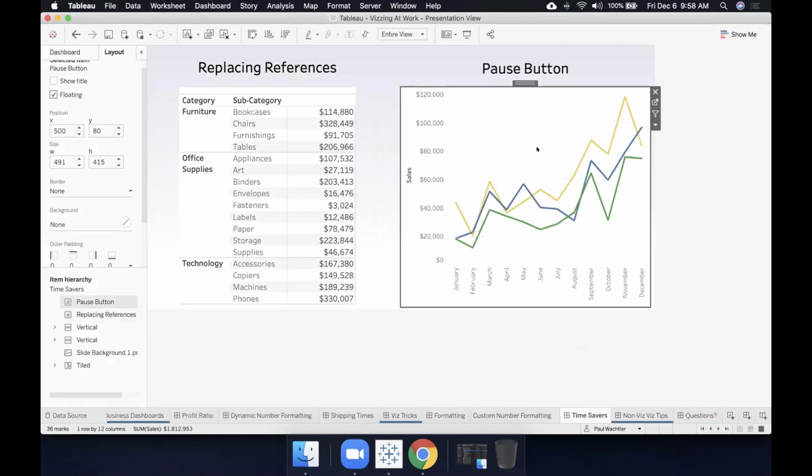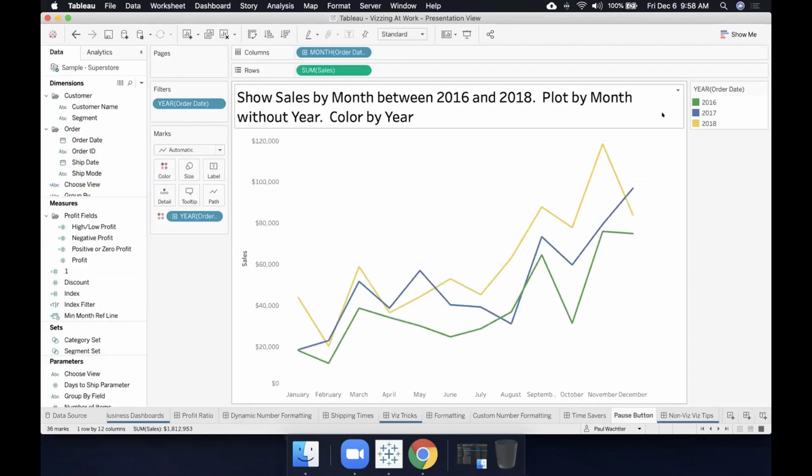My next time saver that I also love to use is the pause button. So let's say instead of Superstore, let's say that you're using some really large data source. It's very complicated. You have a lot of different calculations. Every time you drag a field into the view or you change the formatting, Tableau's processing after each one of those. So maybe it's taking a few seconds for Tableau to process after you drag each thing on, and really it's just wasting your time because as Tableau is processing everything after you're dragging it on, you're just waiting there for it to process. So you can't really do anything while it's processing.